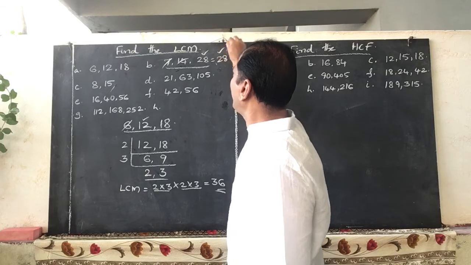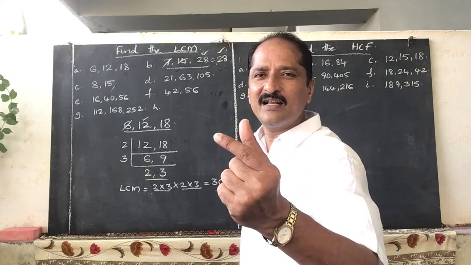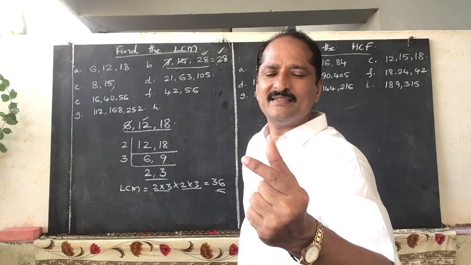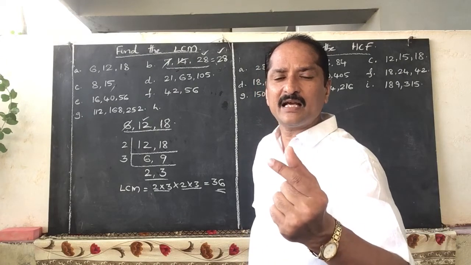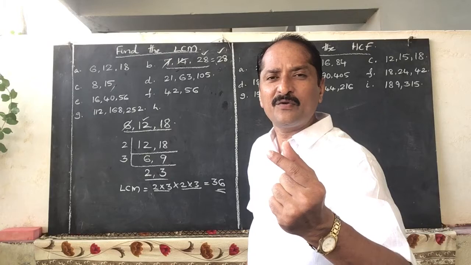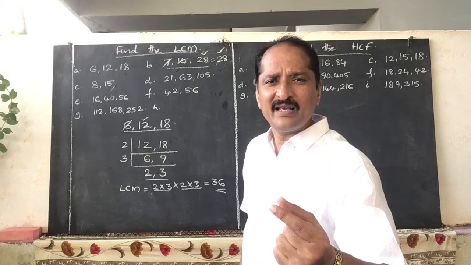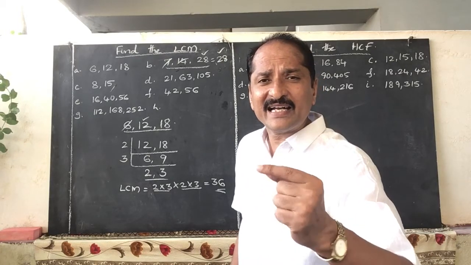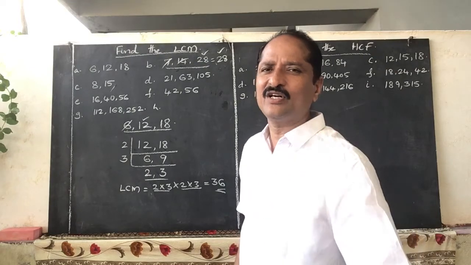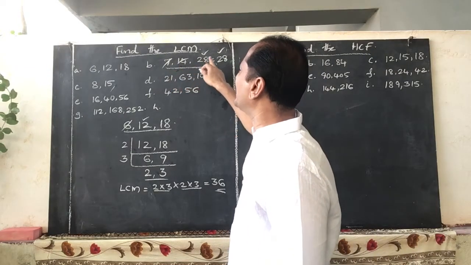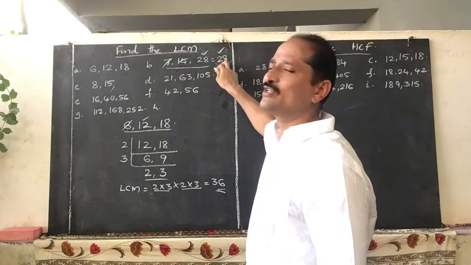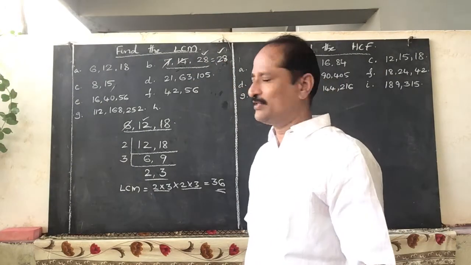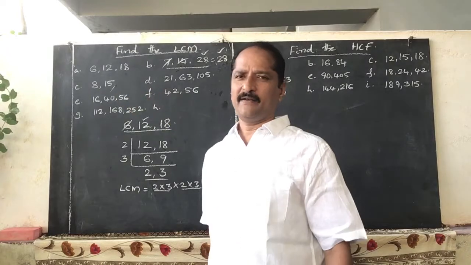Here itself we find it with the help of our properties. How much should the LCM be? The LCM of two or more numbers will be equal to or greater than the greatest number. So here the LCM of 7, 14 and 28 is 28 only, because this is equal to the greatest number.